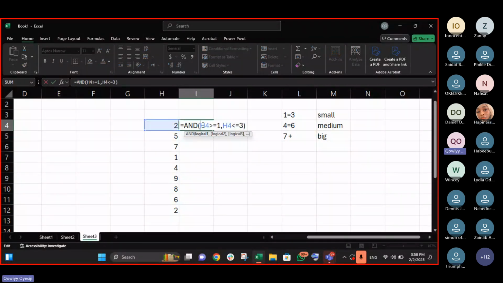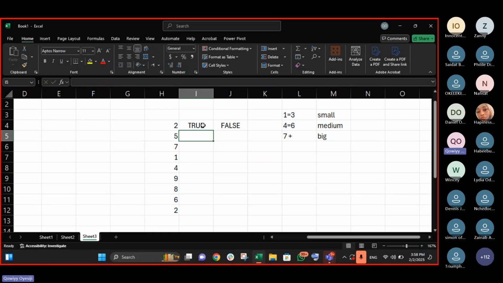So this one, you just add if. This one is giving me either 2 or false. And what I actually want out is small. If it falls between 1 to 3, give me small. If it falls between 4 to 6, give me medium. If it's from 7 up, give me big. It is only if that gives us the right to say, instead of me giving you 2, what else do you want to write in place of 2?